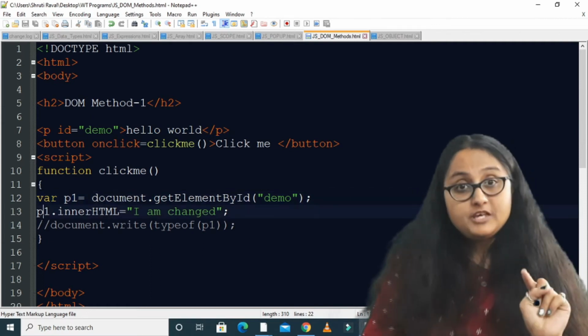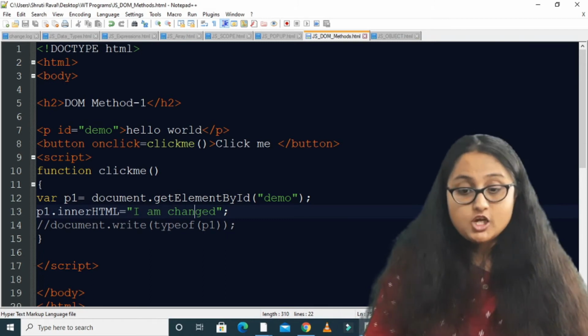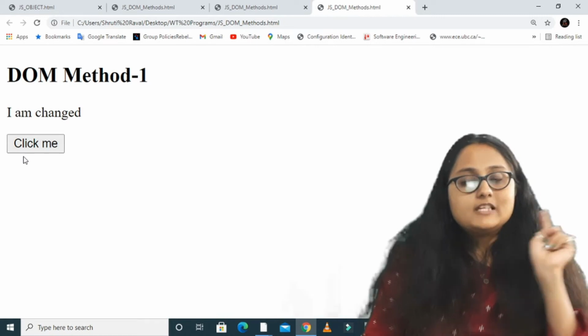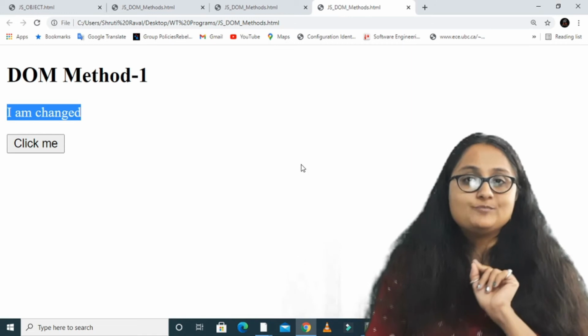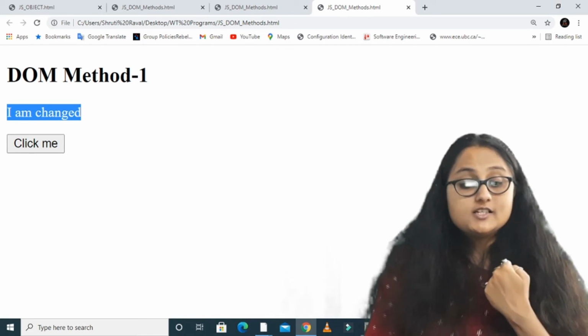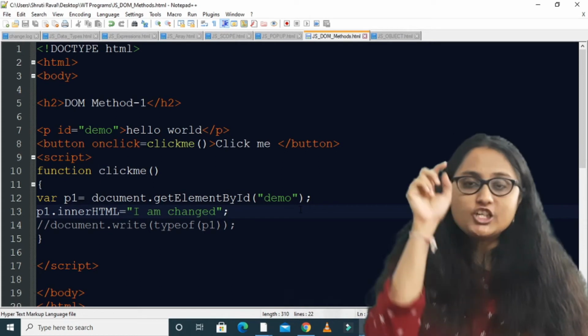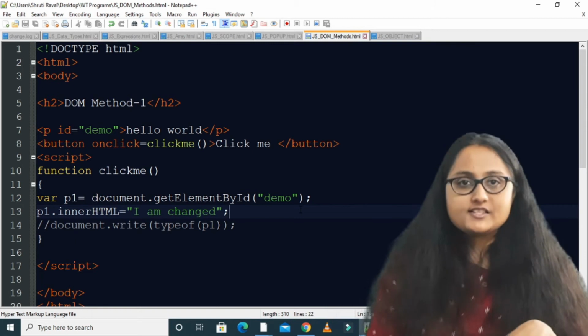And for the p1 object, you are setting the innerHTML property to "I am changed". So as soon as I click on the button, yes, my text will be changed from hello world to I am changed, right?